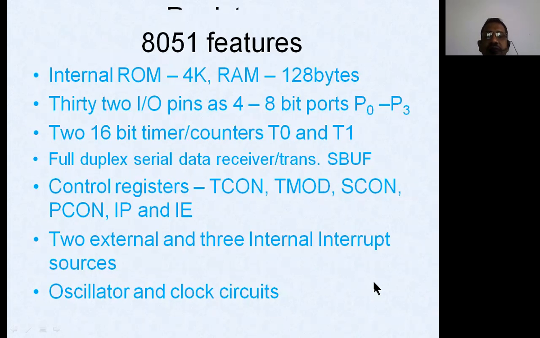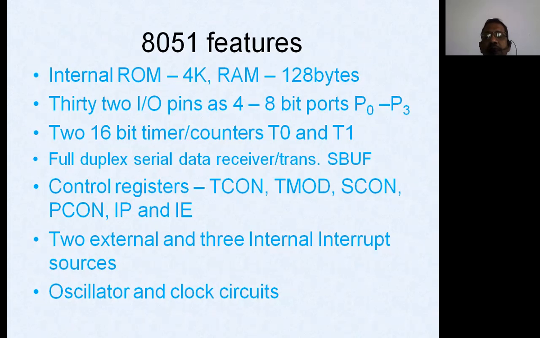So in the exam, we will be getting a 2 marks question to write or describe the features of 8051. So you should tell about the internal memory locations of 8051. 8051 is an 8-bit microcontroller, that is one of the features. 8051 has got internal ROM, which is going to have 4 kilobytes of ROM and 128 bytes of RAM. RAM is very, very small in the case of the 8051 microcontroller.